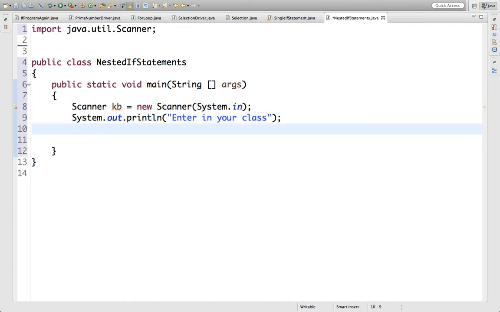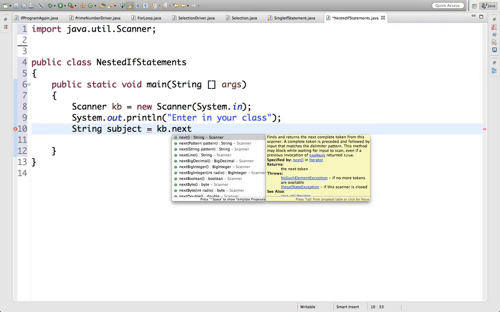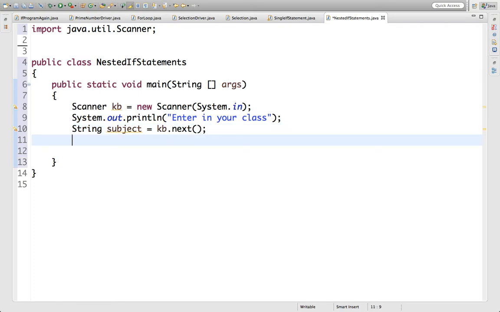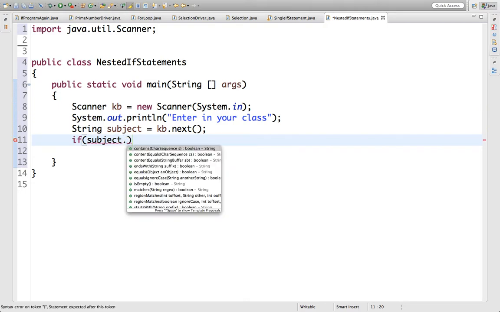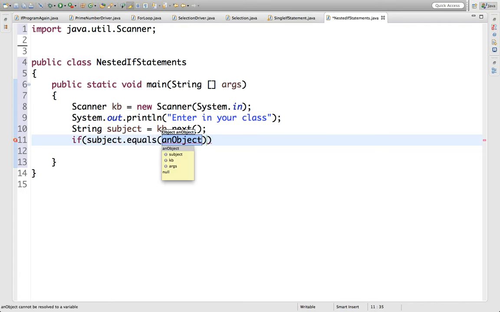So now we need to save this as a string since they're typing in a word, and we can't call it class. Let's call it subject equals kb.next, and it's just next because it saves as a string. If the subject equals math, now remember if it's a word, you use dot equals instead of 2 equal signs. 2 equal signs are reserved for math, for numerical values. So if it equals, let's say math here,